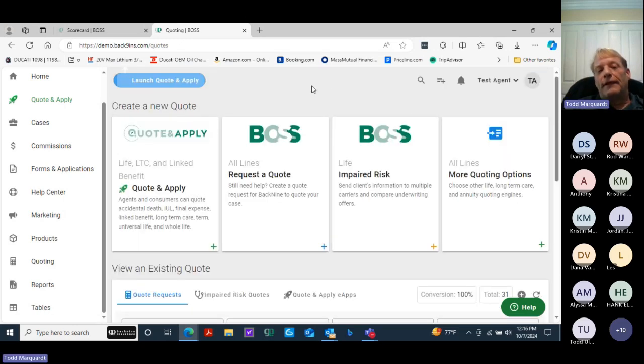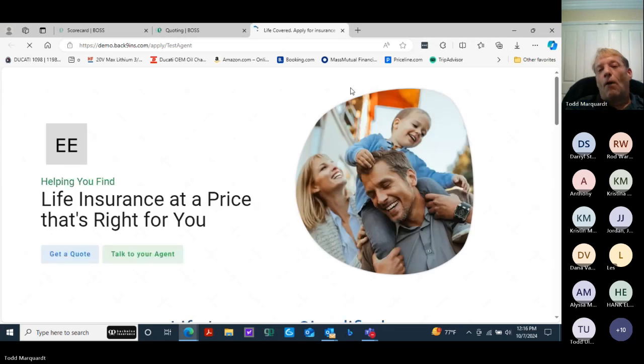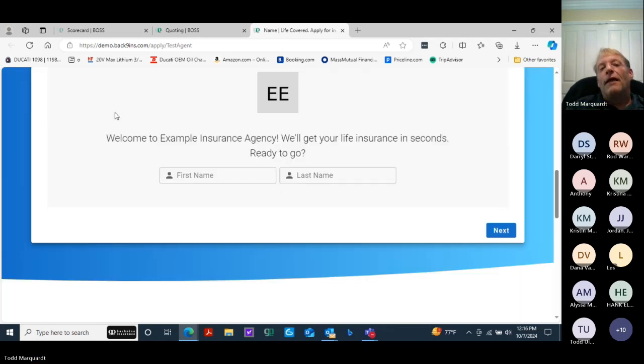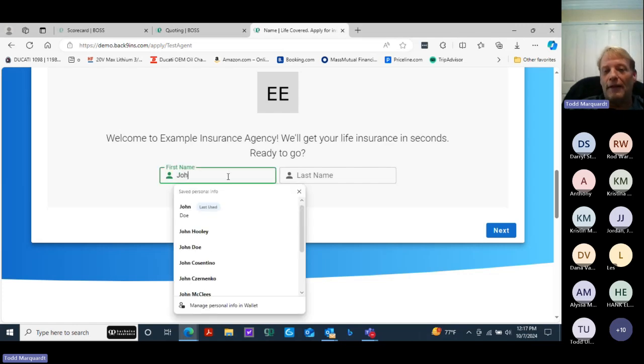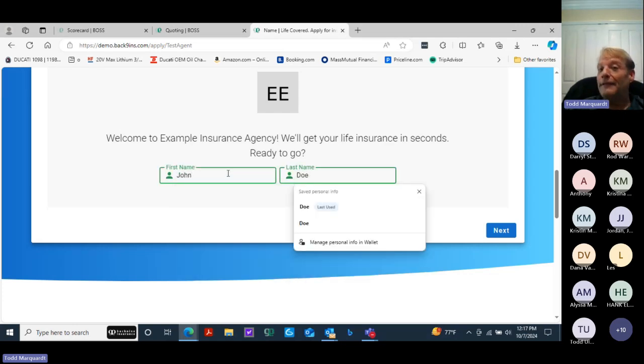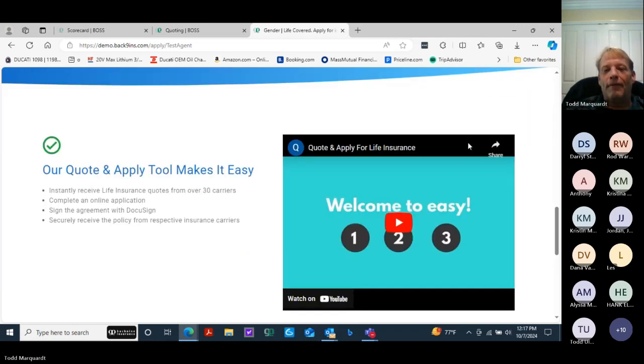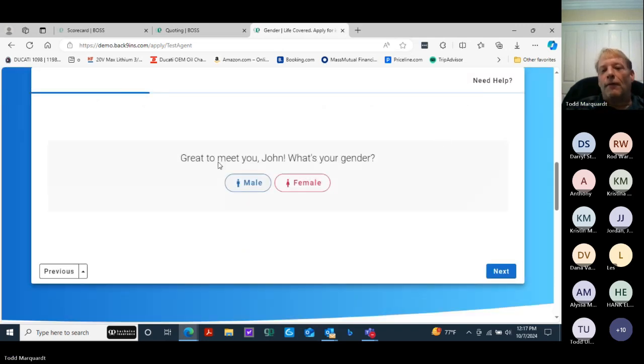Once you click your launch quote and apply link, or if your client clicks your launch quote and apply link, you'll be prompted with welcome to Example Insurance Agency. We'll get your life insurance in seconds, ready to go. Of course, this will be customized to you. They're going to ask you for the name of the client, or they're going to ask the client their name. Enter it in. They're going to want to know the gender of the client,